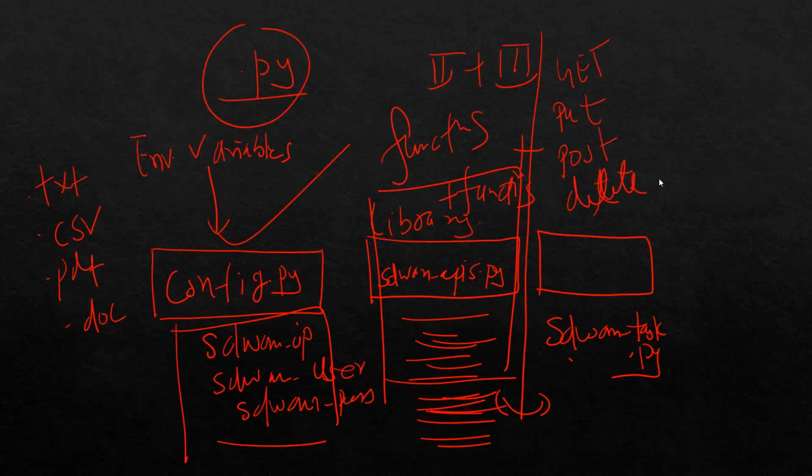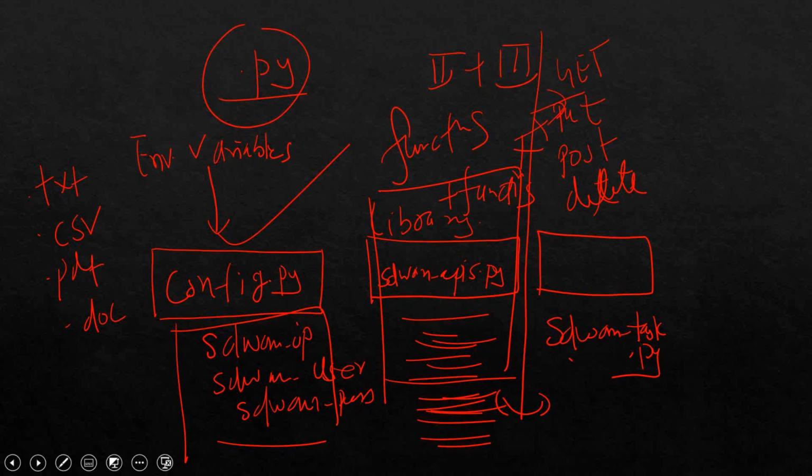Okay, these are the tasks. Mostly we are going to be dealing with the GET and PUT. Delete, obviously we don't want to delete, but you can delete it. There's no problem. You can create the API to delete anything. We'll see that one by one. We are going to discuss and understand these things.